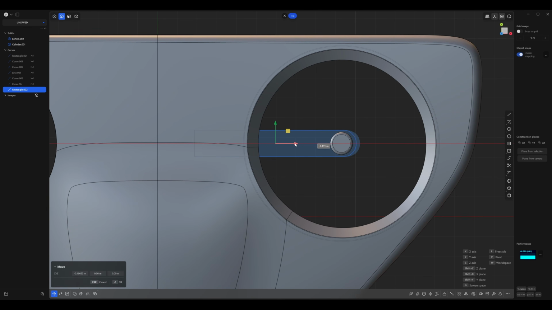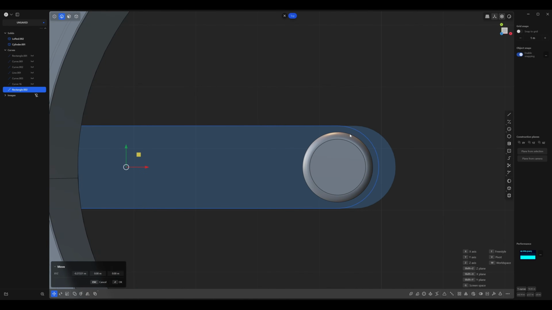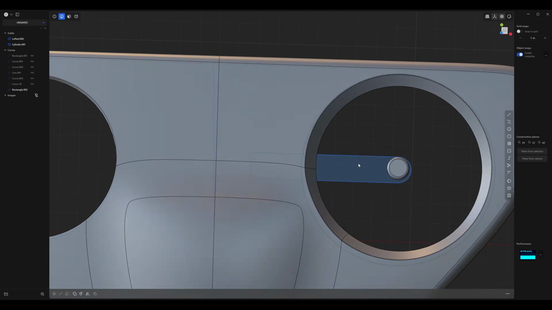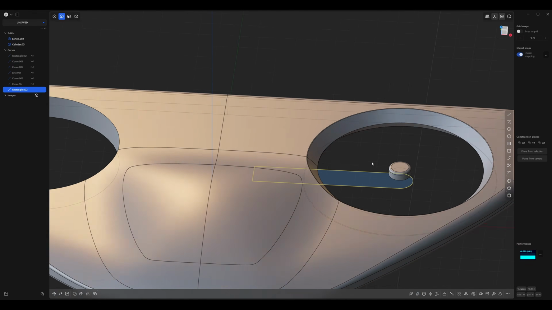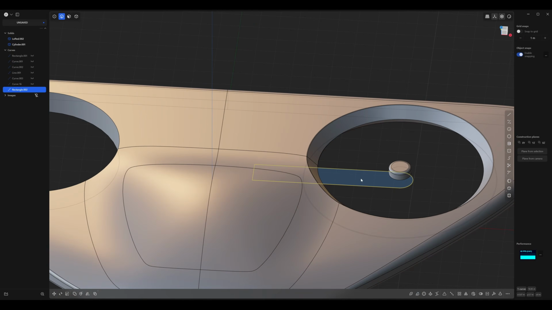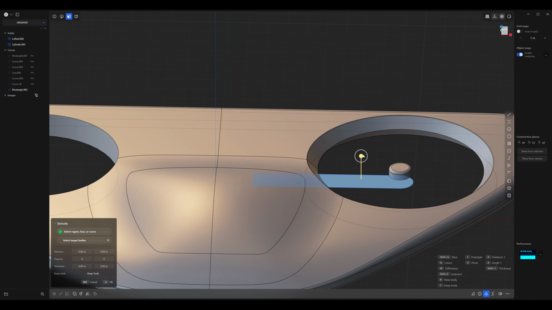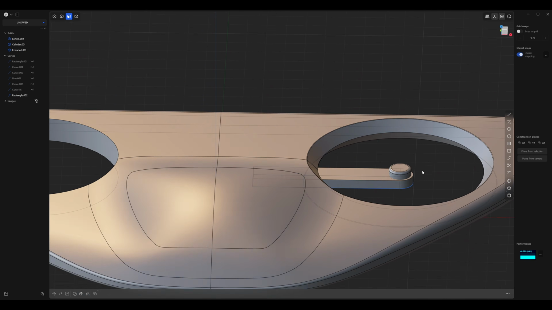And let's just adjust this down here so that there's a bit of a distance, but it kind of feels like the same distance all around. So now you have this arm sticking out, and all you need to do is press 3, select this face, and now you can just move it upwards and right click.